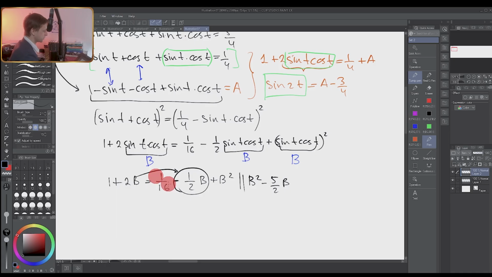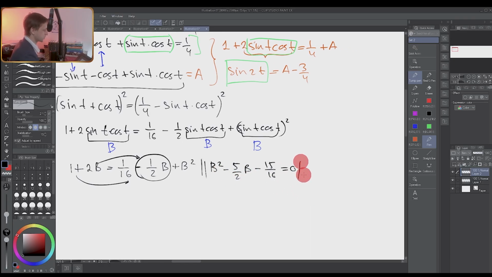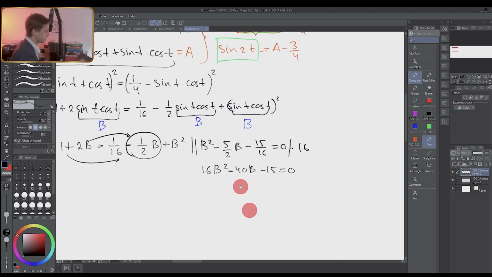This one stays here, and this one we bring here, minus 15 over 16 equals 0. Now I don't want to work with these fractions, I want to avoid it. I multiply everything by 16, and the equation looks like 16b squared minus 40b minus 15 equals 0. It is a simple quadratic equation for b, and if I want to solve it, I just write discriminant equals